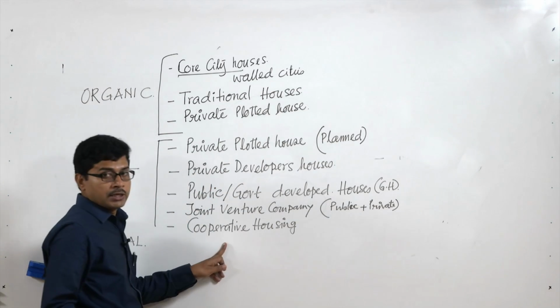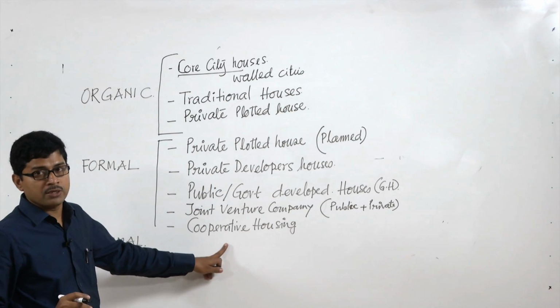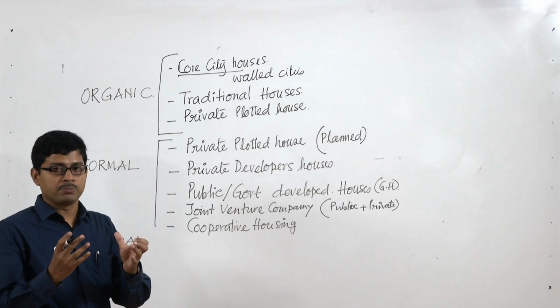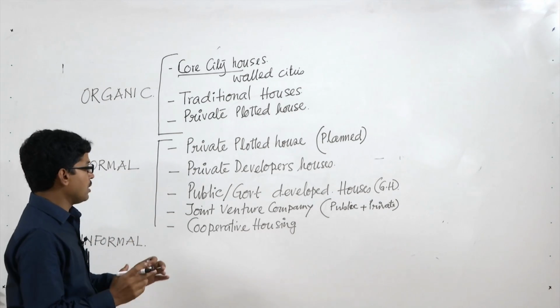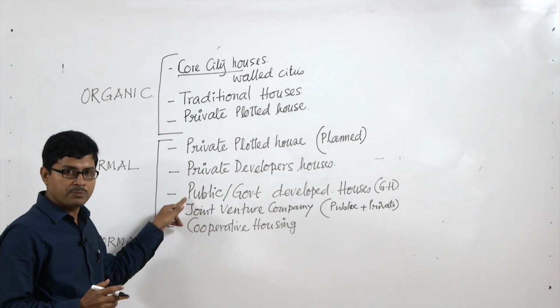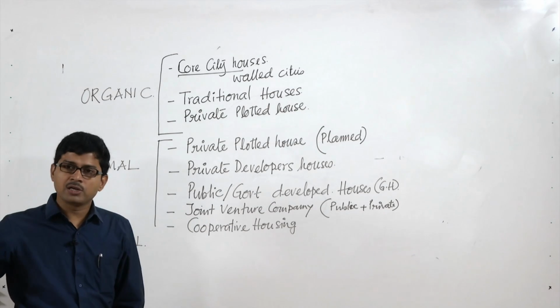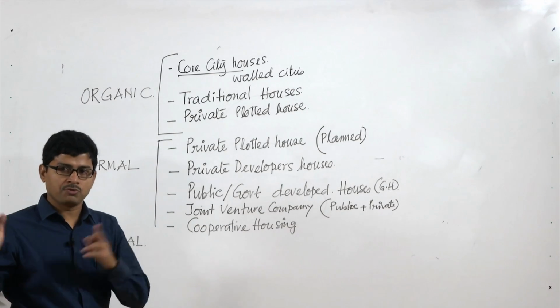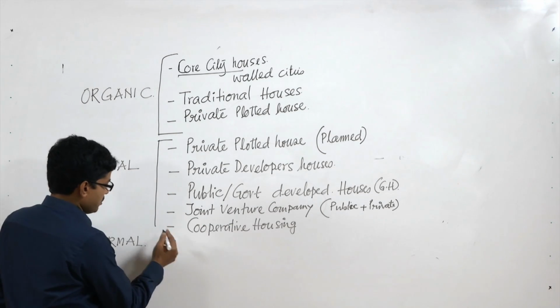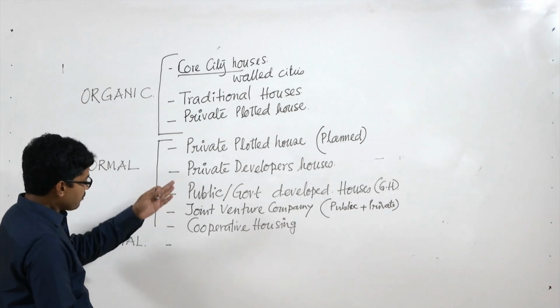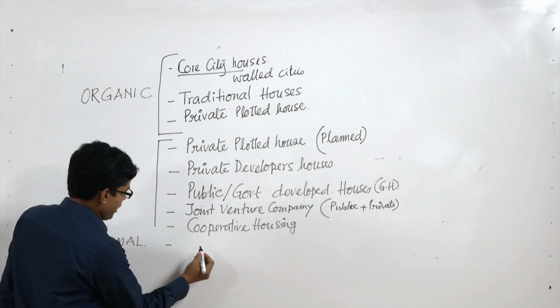In this case there is no developer in the picture, only like-minded people. They make a cooperative, they get the land from the public agency or the government, and they construct their own house. That is called cooperative housing. Later on we will come to details for all the types of housing, but now we are just listing. So, cooperative housing, and also we have